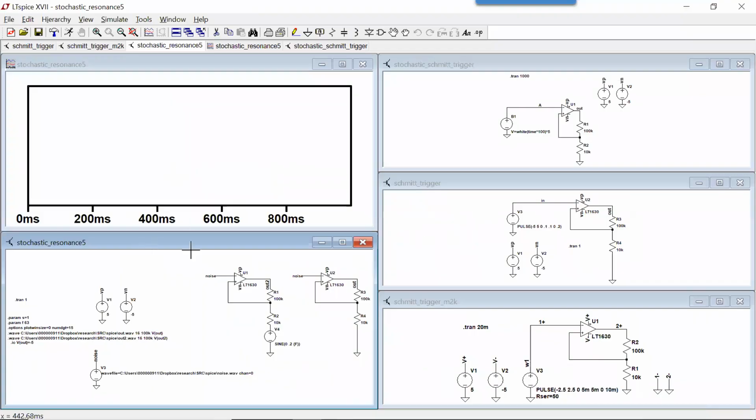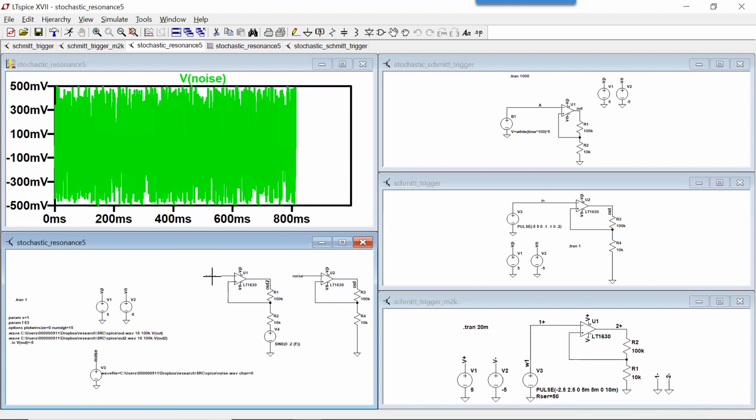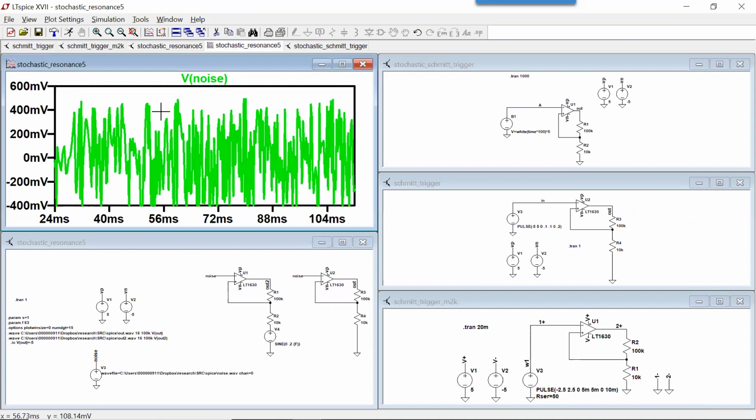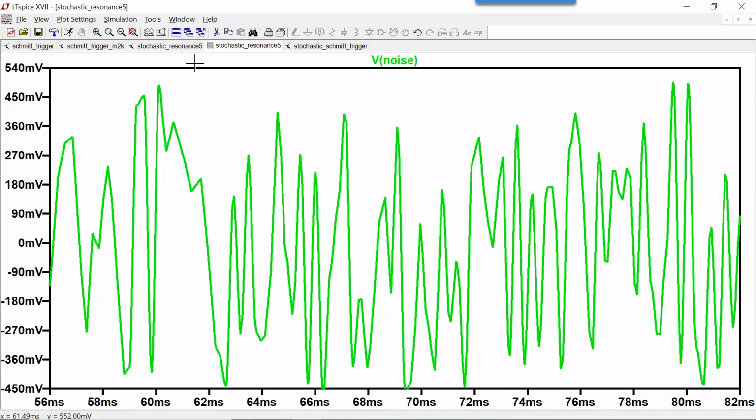So here's LTspice, and here's a noise signal. All right. And it does go between plus or minus 500. And we can zoom in, and you can see what's going on. Now, that plus or minus 500